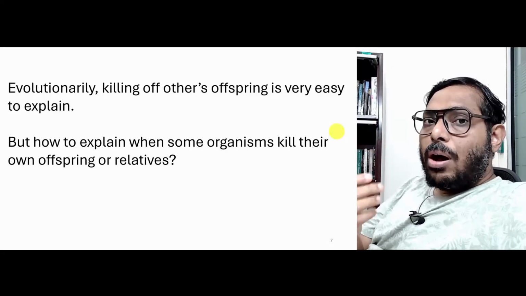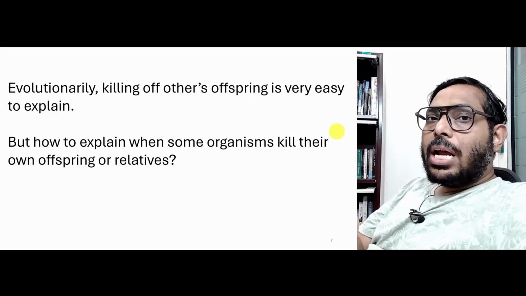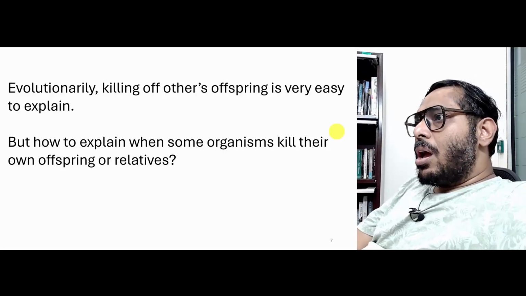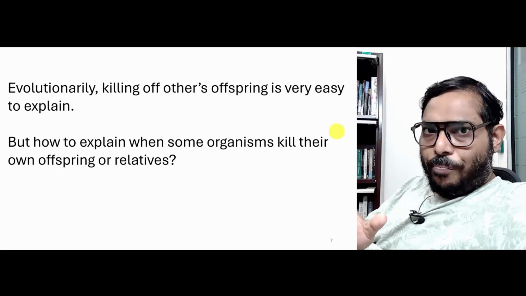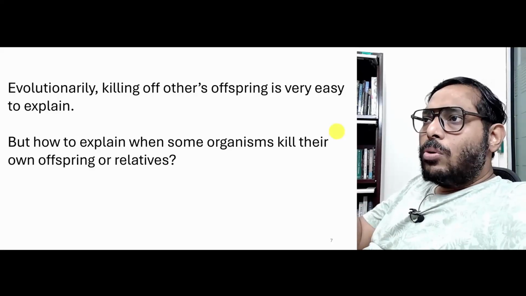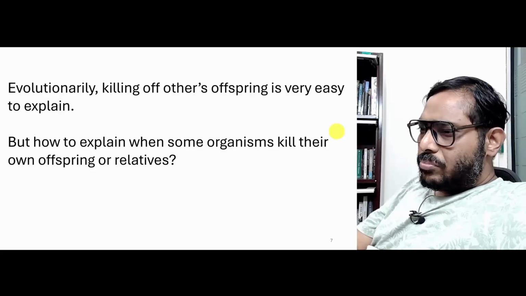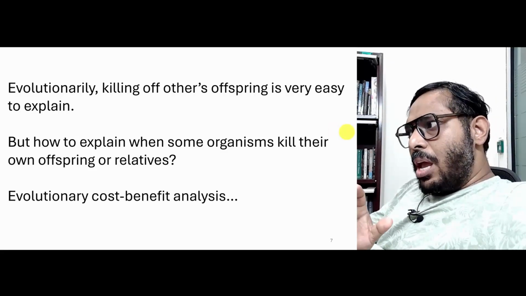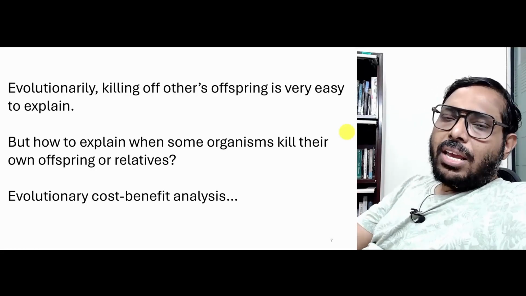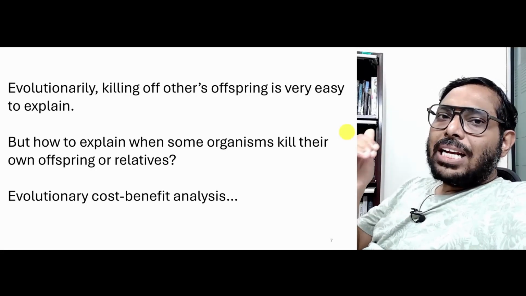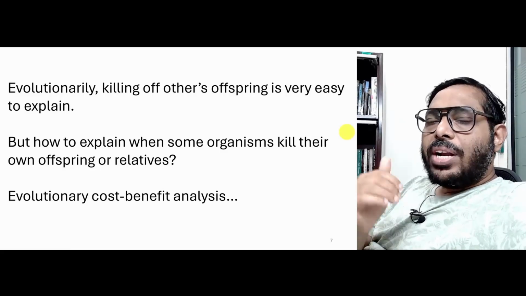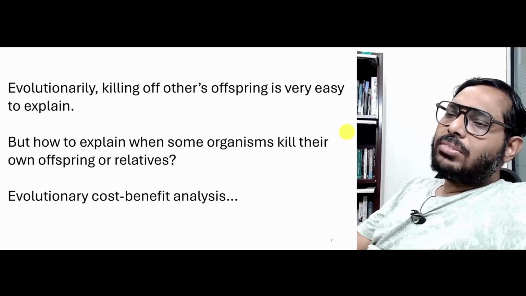Now, we have already discussed inclusive fitness. So, we know that killing your relatives is not a very great idea. It reduces your inclusive fitness. Therefore, under what kind of a scenario will a parent decide to kill its babies, or will a brother decide to kill its brothers or half brothers and so on? In order to understand this, we have to do some kind of an evolutionary cost benefit analysis, factoring in how much is the cost and benefit of producing babies versus how much is the inclusive fitness of killing your babies or killing your relatives and so on.